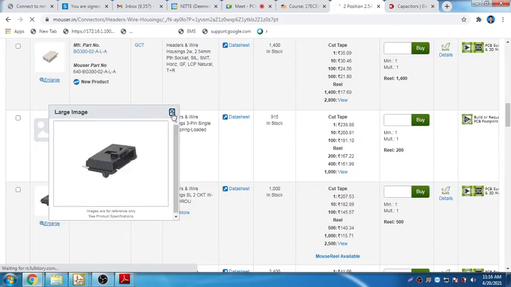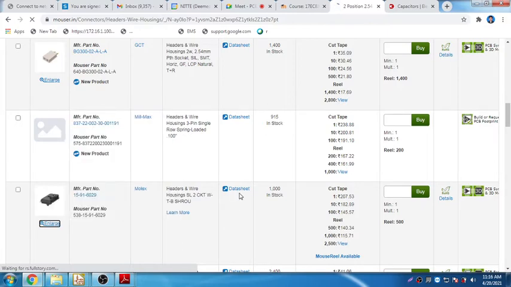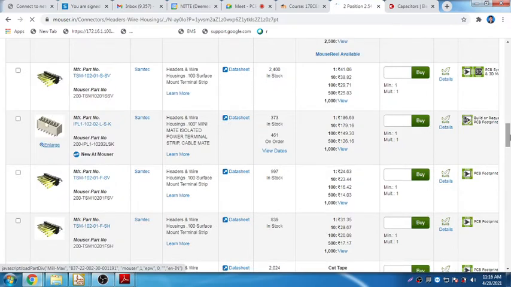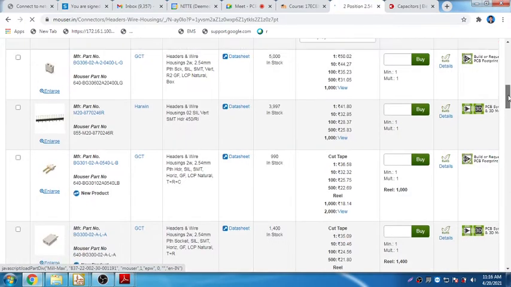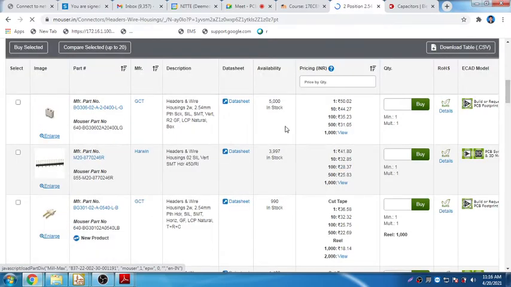So for this connector, how do you use it? You need to download the data sheet of this connector and then work on it. So one such connector I have decided. There are plenty of connectors that you find here, the two position connector. All these images may not be exactly the same as your requirement, but whatever the data sheet says, that is what you're supposed to look at. And from there you need to decide what is the cost that you wanted, and whether it is in stock. So whenever we go with the PCB design, we need to actually start from here.